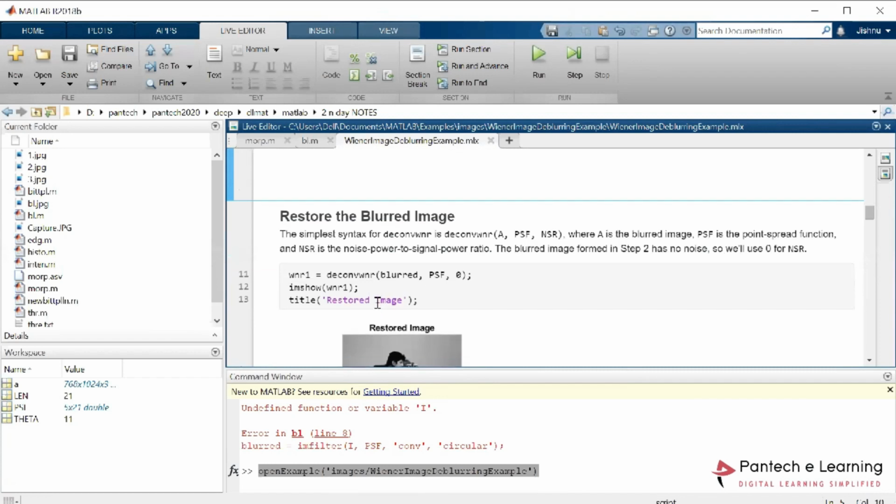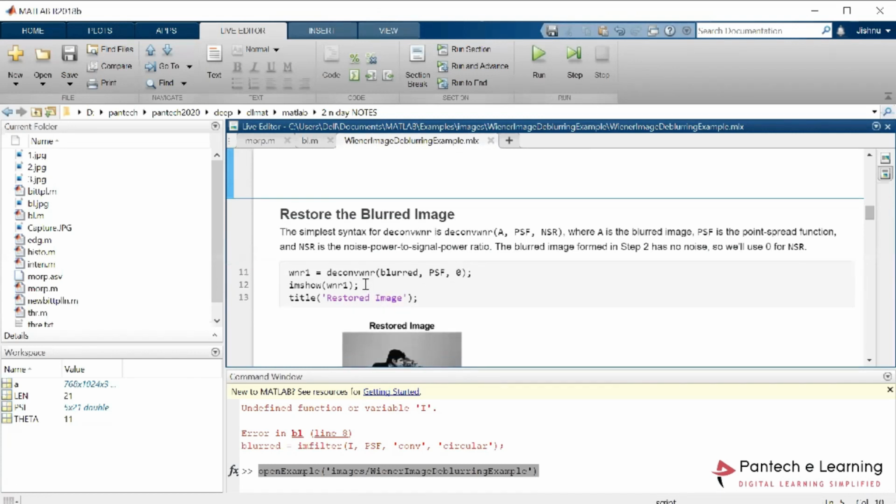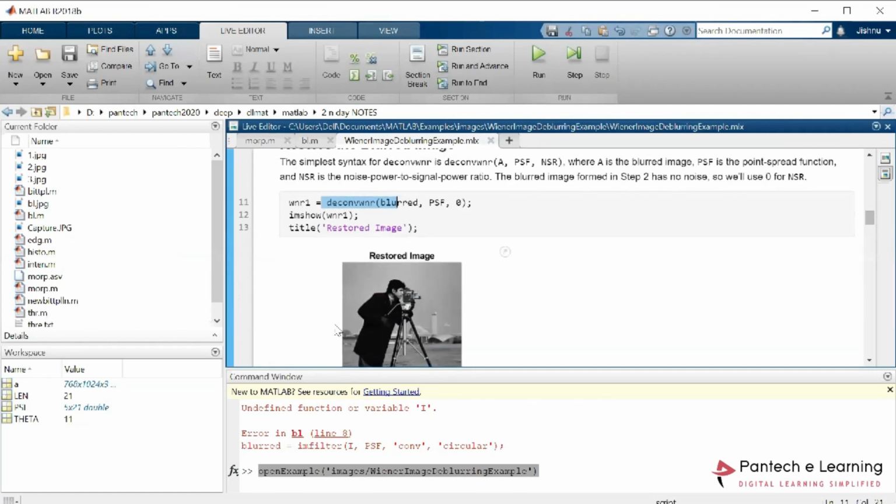Now, by using the deconvolution section, which is known as the Wiener image deblurring technique, by providing that application, here we are removing that blurred section,